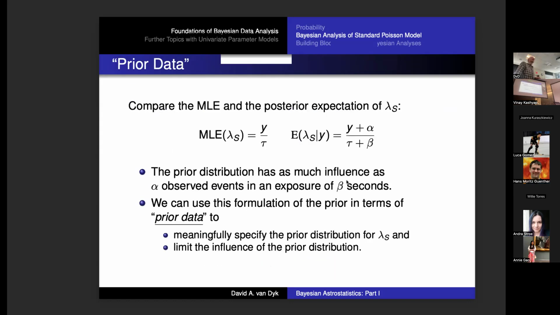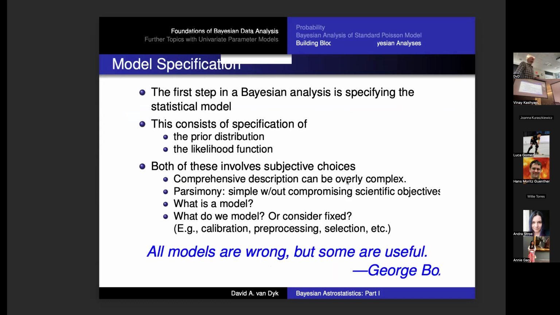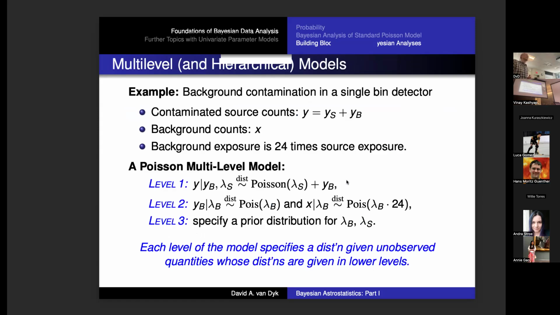Okay, so where was I? Sorry, can I ask a question? Of course. So it seems like it makes sense to use the gamma distribution, and it gives you a lot of mathematical freedom, but does the gamma distribution account for all the possible priors that you want to use?